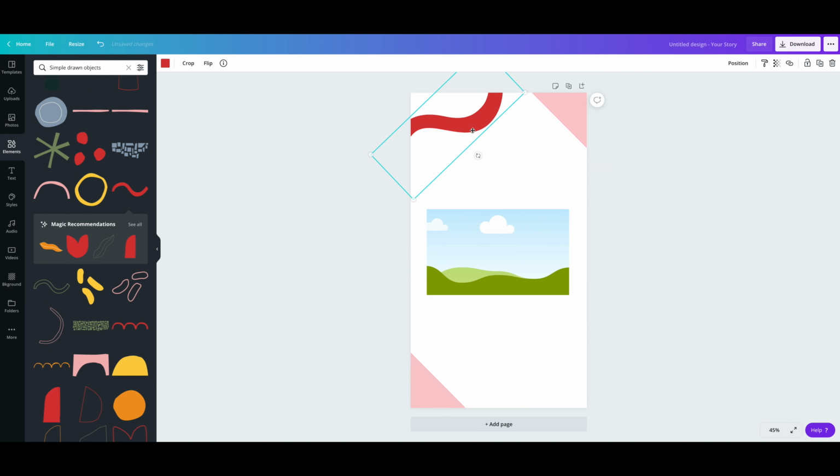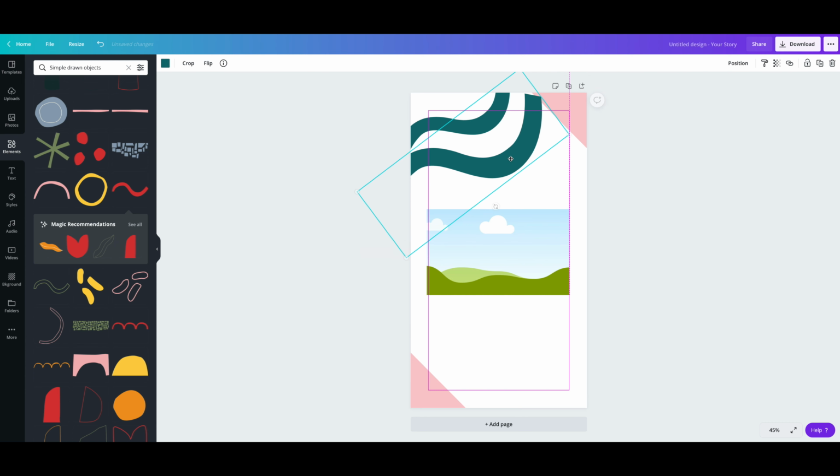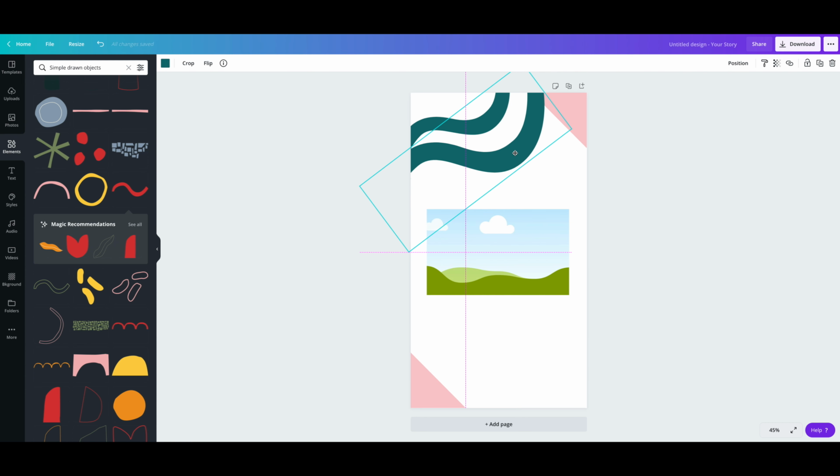Alright. Okay, and probably change the color to my branding colors. And I'm gonna add one more to the other side and let it be slightly bigger. Alright, something like this. Okay, and I also want to add just a little bit more elements at the bottom